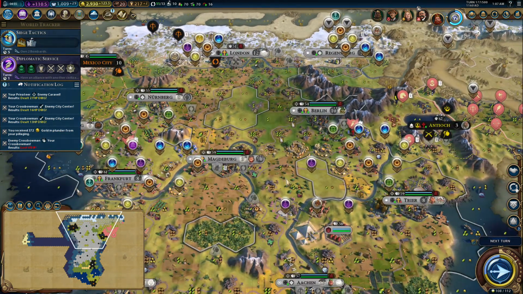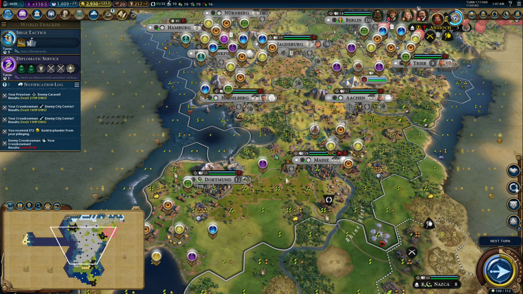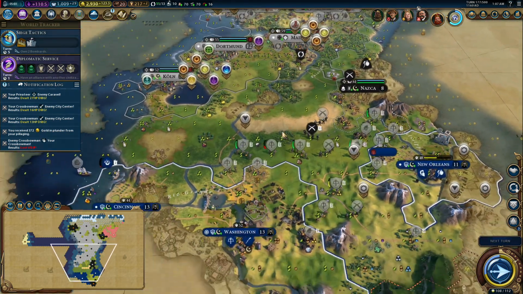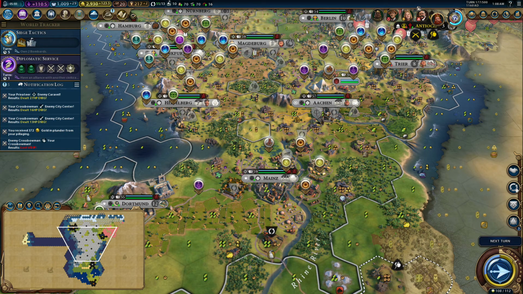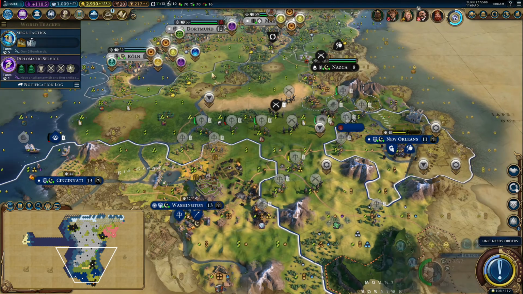This is for wonder production. Yeah. But it's gonna be fine. This like this. Yeah. I'm gonna complete diplomatic service. So next turn. Oh yeah, next turn we'll also boost siege tactics. So